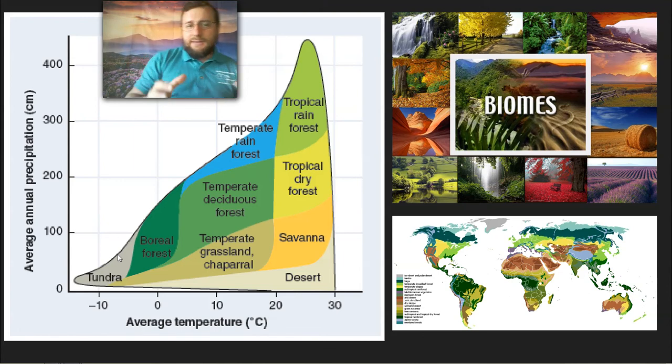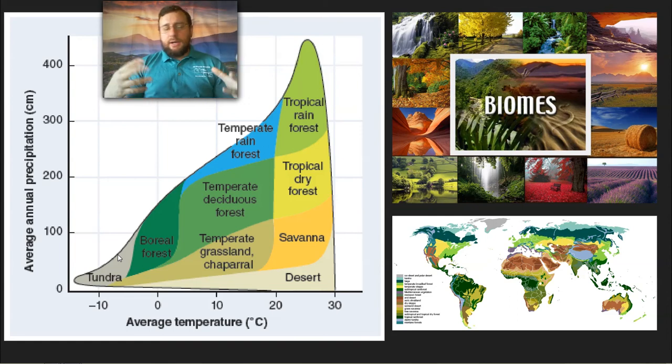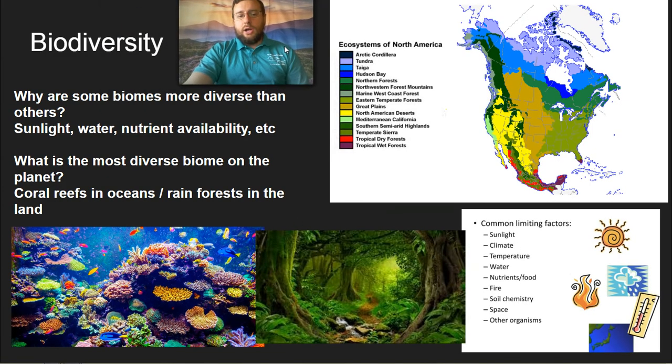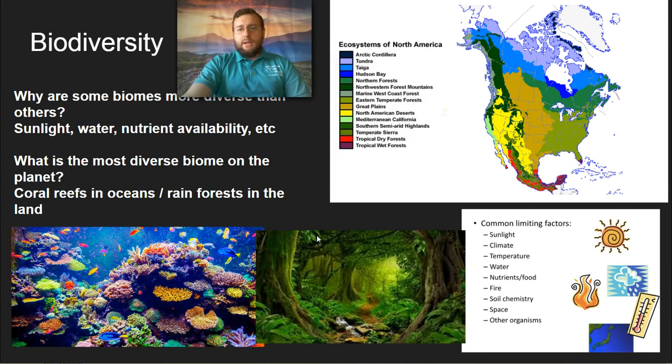Now, not a lot of this detail is going to be in the actual content assessment, but I'd like to talk about it so you see where the diversity actually comes from. It comes from variations in things like precipitation and temperature, but there's a lot of variety in biomes in the planet. And then we call that kind of variety ecological variety, but we'll talk more about that in a second. First,